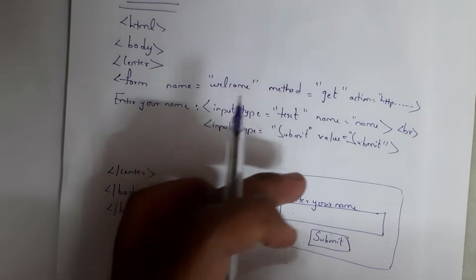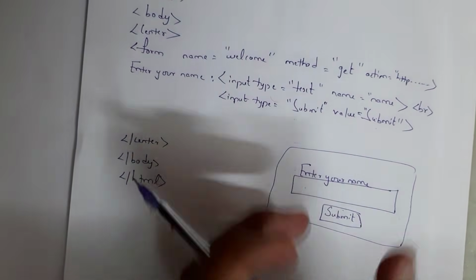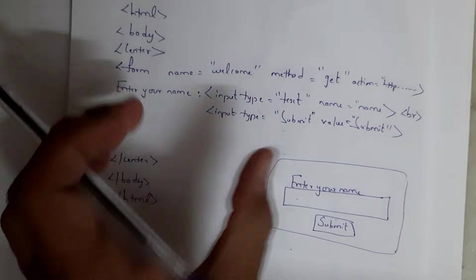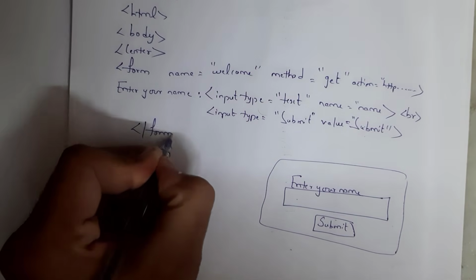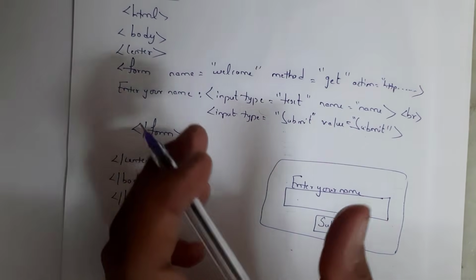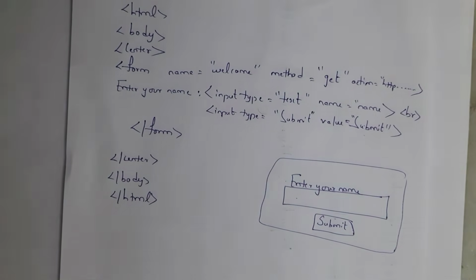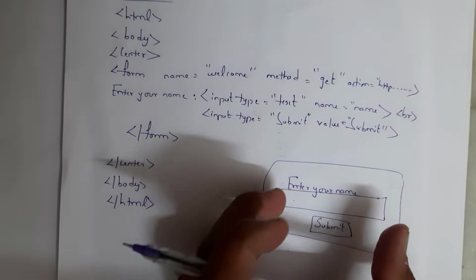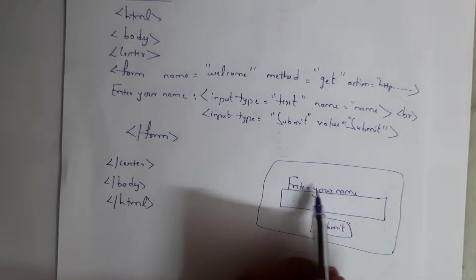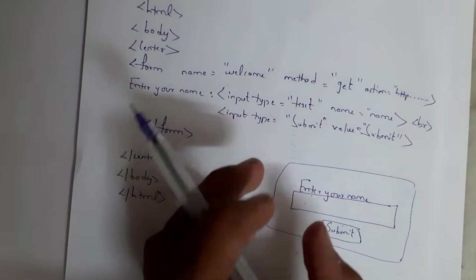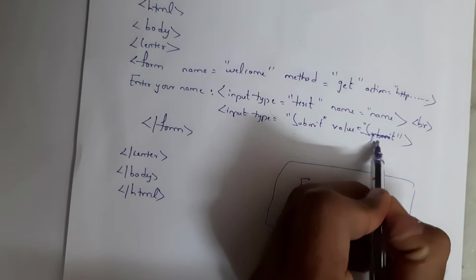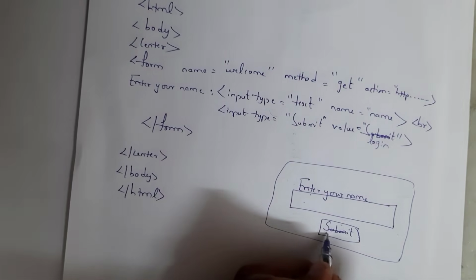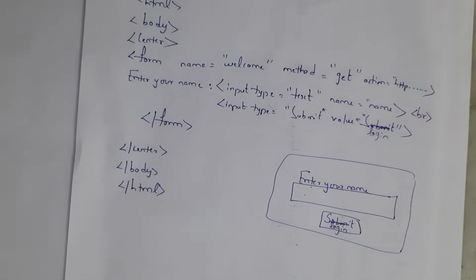That button name is submit. In order to create this username field and submit button, you need to write this code, and at last you need to close the form tag. I opened the form tag, and inside the form tag I wrote two lines of code. One is to create a text field, named enter your name, and another one is a button. That button name is submit. For example, if I give login here, then a login button gets created. This is the HTML program.